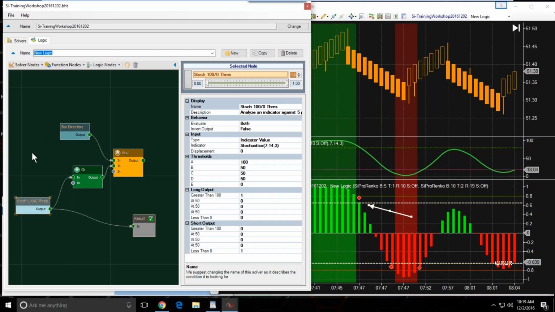And so sometimes I guess the underlying purpose is that some indicators you might want to give more weight to them. So let's say if I had another solver looking at the MACD and another solver looking at the CCI, I might say, well, I want the stochastic to have more weighting in my system. In other words, the stochastic indicator I'm thinking is more important. It has more importance than the other indicators. And so if you decide that one of your indicators has more importance, then you can increase its output, you can increase the output from the solver, so that way when this indicator